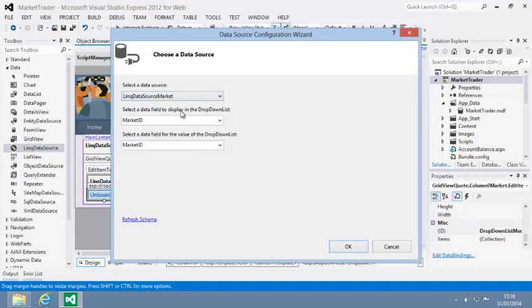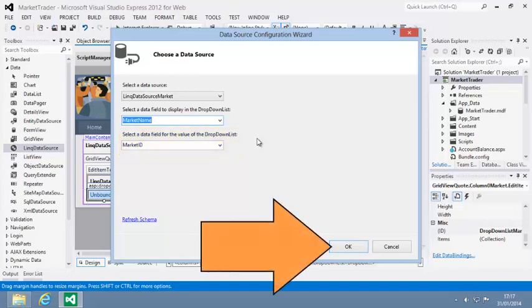Select Market Name from the second drop-down menu. And select Market ID from the third drop-down menu if it isn't selected already. The Market ID is the primary key of the market table. You're going to use this to connect the drop-down list control to the quote record that is being edited in the GridView control. Click OK now,